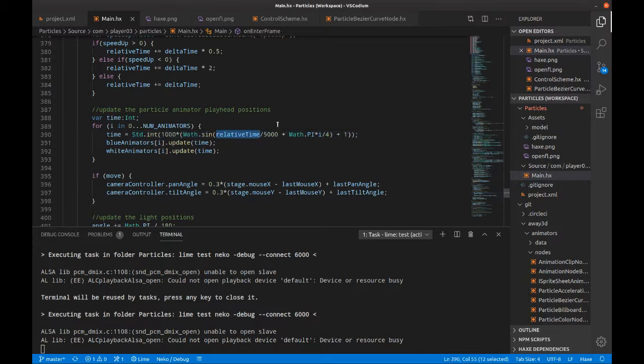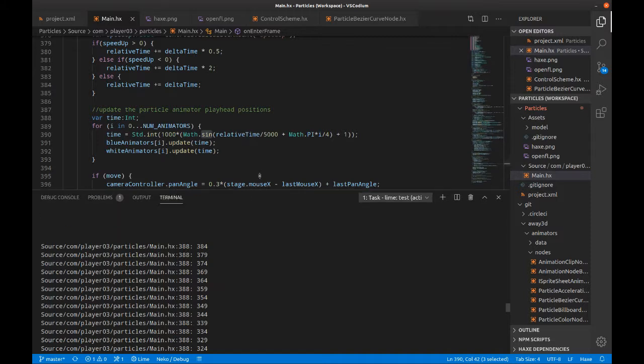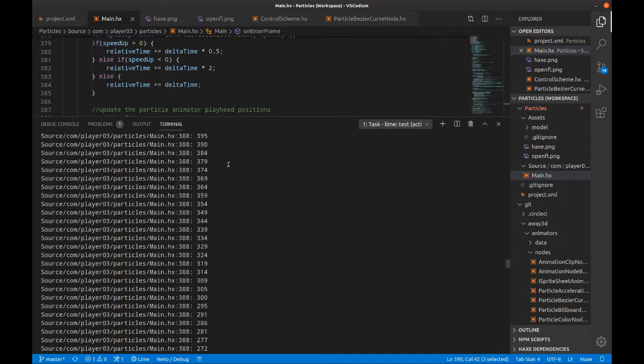This whole function does something complicated, but the fact that it uses a sine means that if we scroll up, here I am tracking what the time values actually are, and it's interesting. It counts down, it counts down very slowly. It reaches 0, and then it counts up,